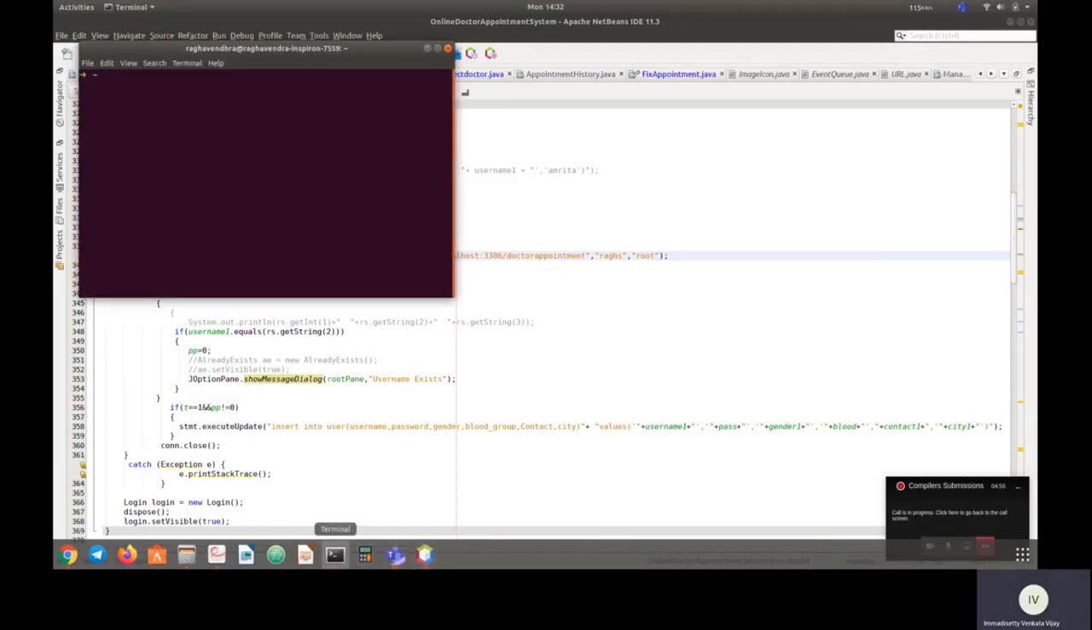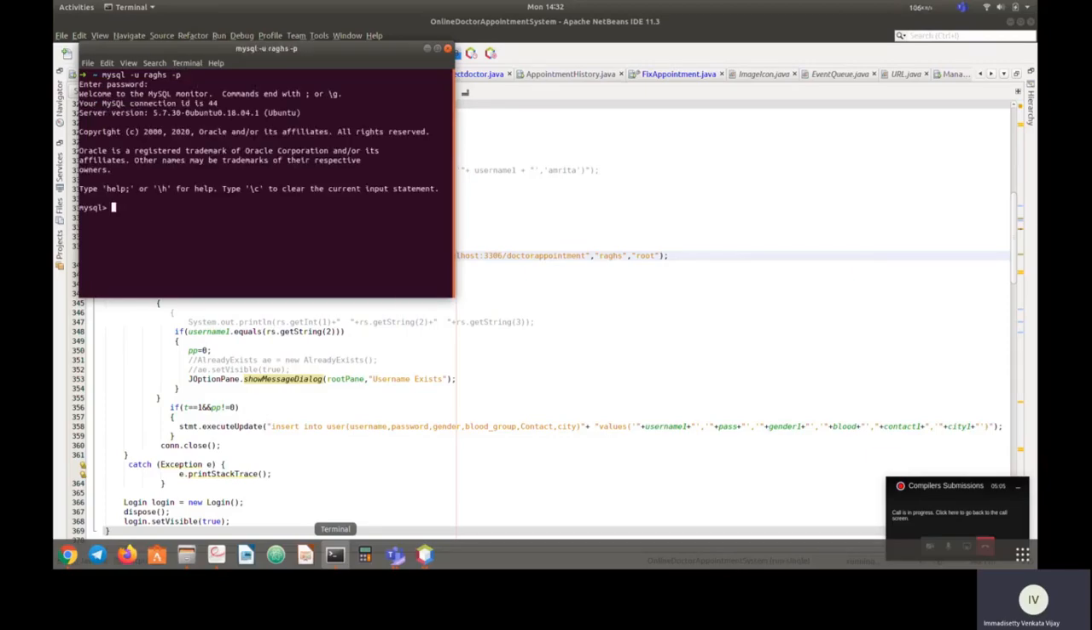Just open the terminal and enter the command mysql -u your username and -p, and enter your password. Then you have opened MySQL. Use doctor appointment. I'm using the doctor appointment database. Now